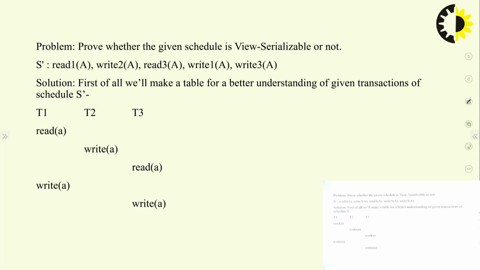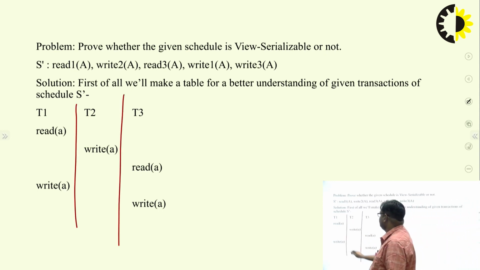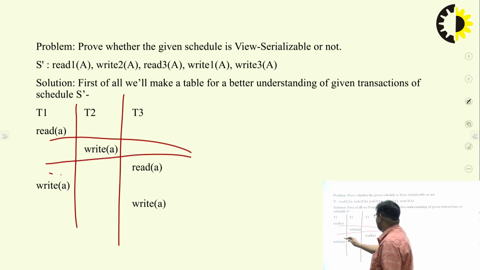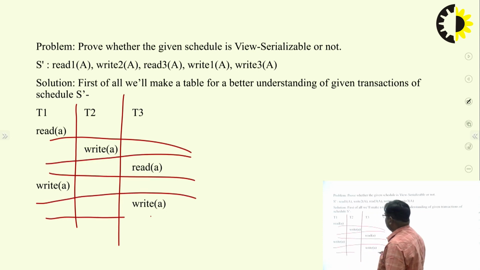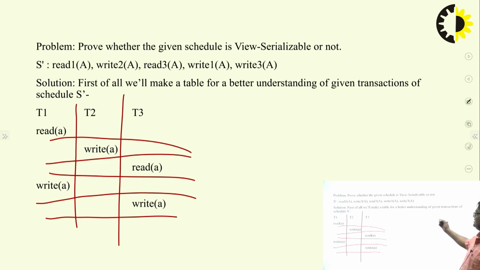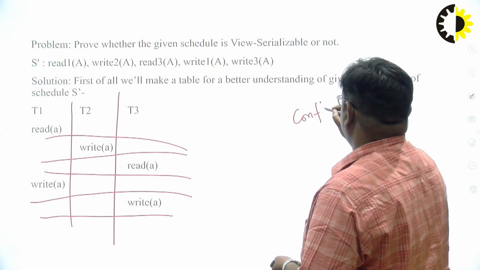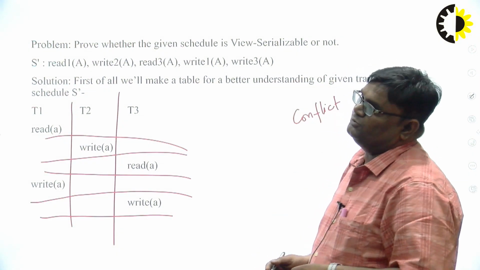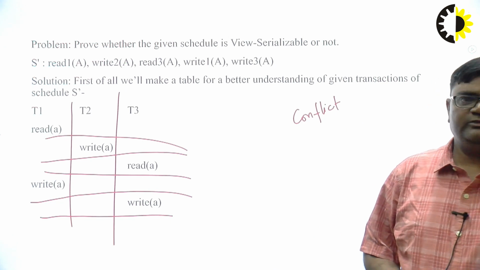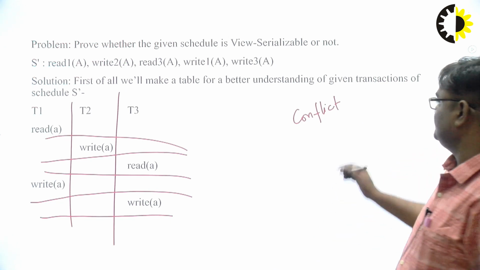So, we have another question. This is a schedule. First, we make a table for a better understanding of the given transactions, that is T1, T2, T3, T1, T2, T3. So, these are the instructions given. We can have a precedence graph for it to check for conflict. To check for view serializability, we always first have to check the conflict serializability. So conflict